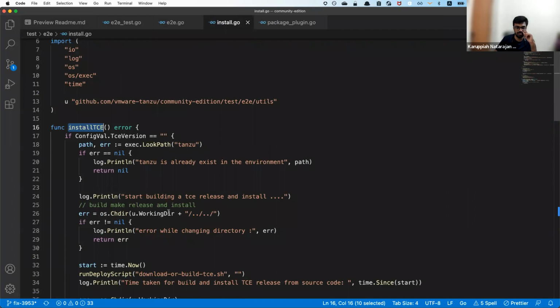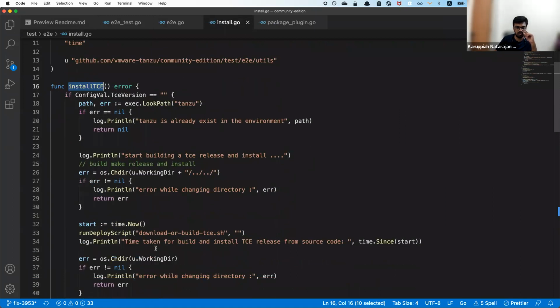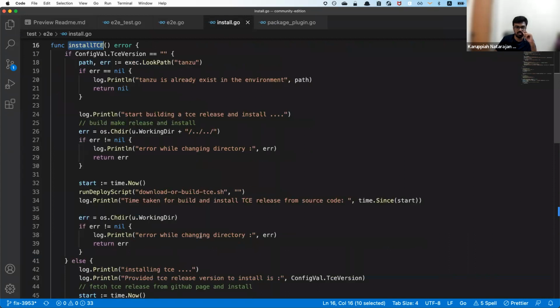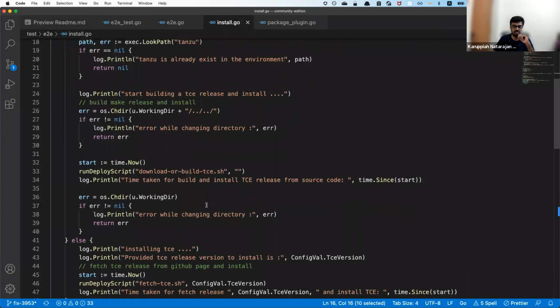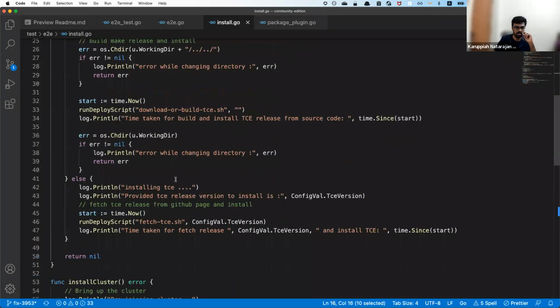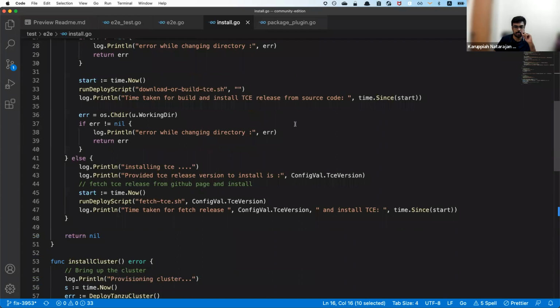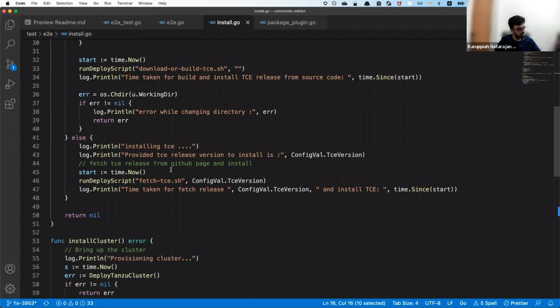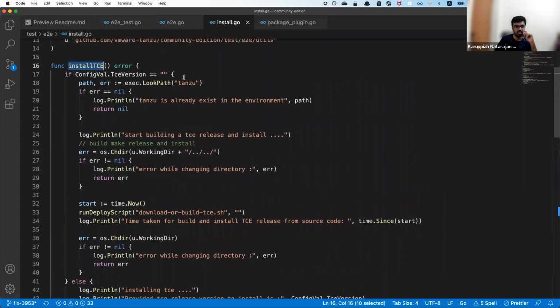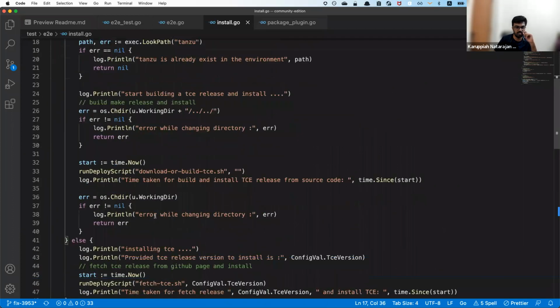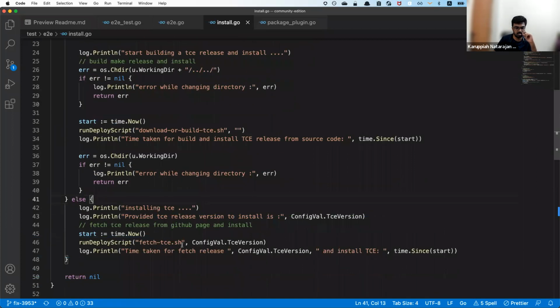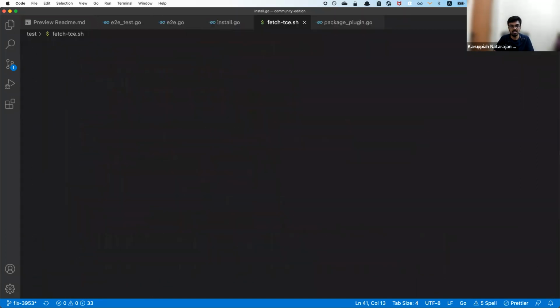In this case, it tries to actually download the daily build or build TCE from scratch from make release. And there's also this thing where you can see that if there's no TCE version provided, that's what they do. But if there's a TCE version provided, they actually fetch that particular version of TCE using fetch TCE.